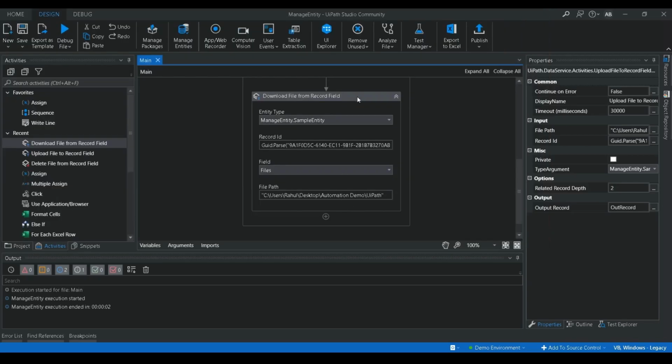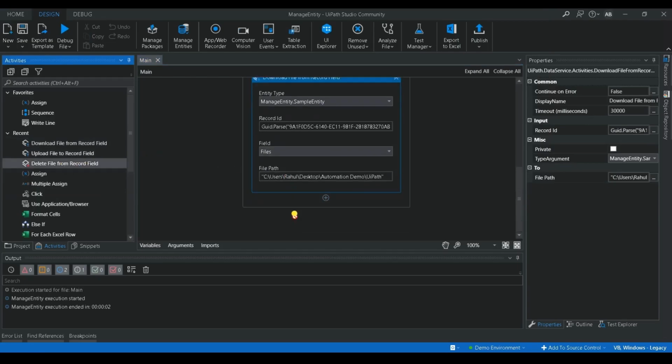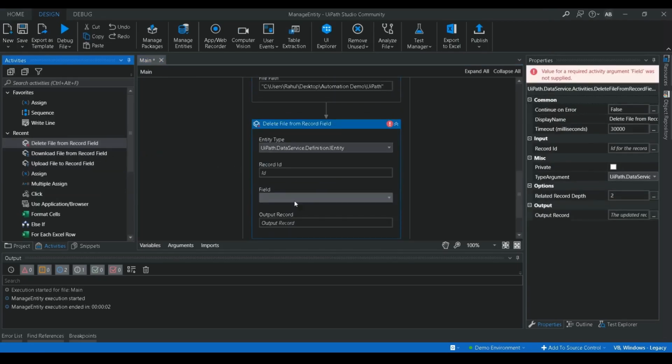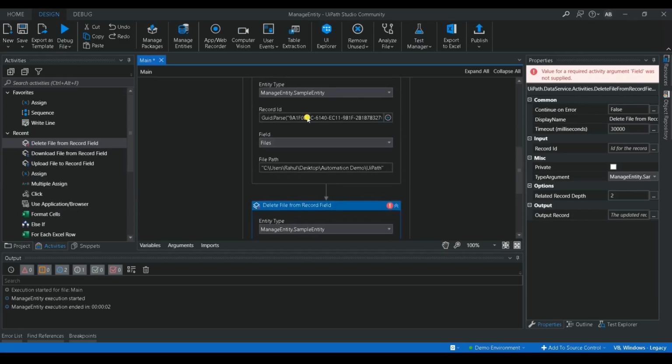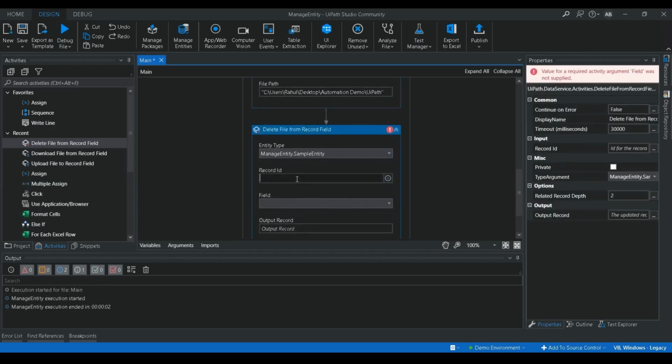Suppose after downloading, you want to delete this file from the data entity, you can use this activity, delete file from record field. Choose your entity, and provide the record ID. The same ID I'm going to give here as well. Then what should be the field? File.